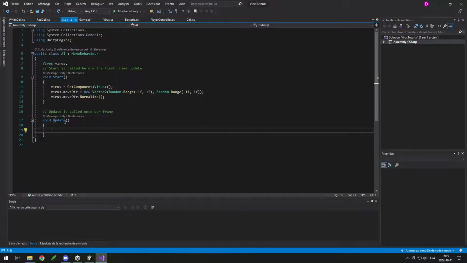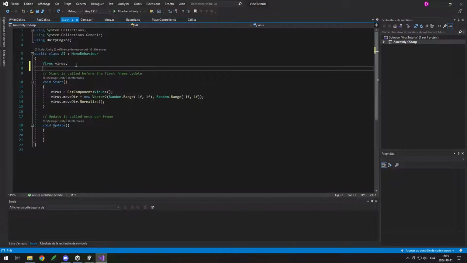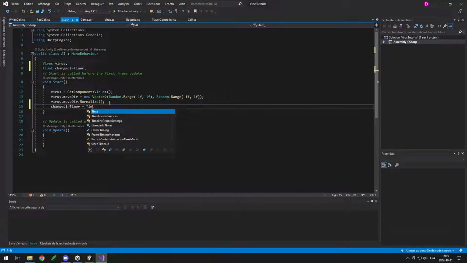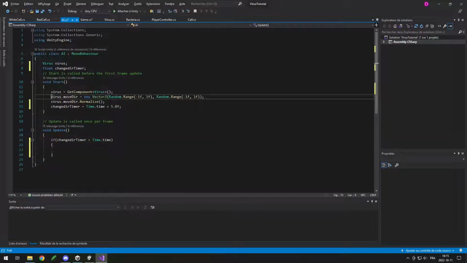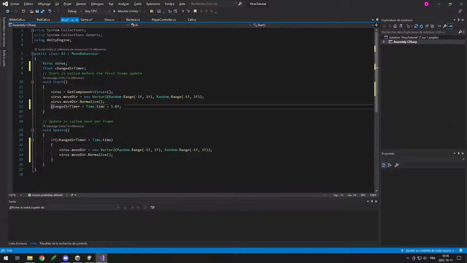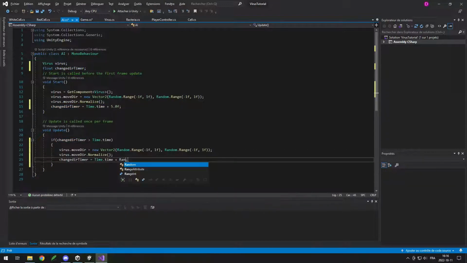In our AI script, in the update, we can add a timer that will change the move direction randomly. So we can do, for example, float the change direction timer. At the start we can set it to equal to time.time plus, let's say, 5.0. And here in update we can do if change direction timer is greater than time.time. Then we can randomly change the direction and normalize it again. And then we can set back the timer to time.time plus, and this time we could do a random.range,